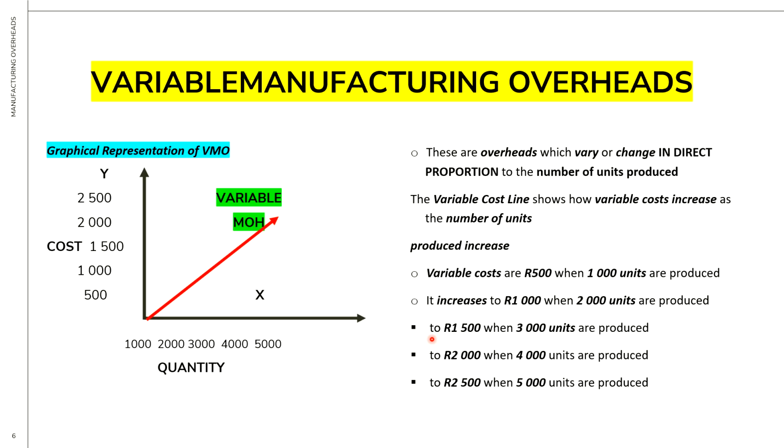We incur 1,500 rand cost when we produce 3,000 units, and so on and so on. The more you produce, the more you pay for variable cost. All right, so this is how you show it